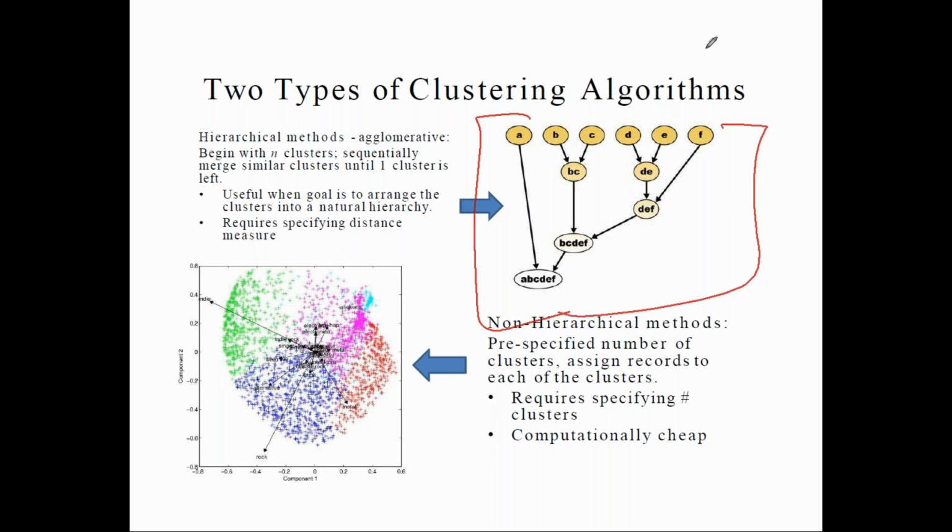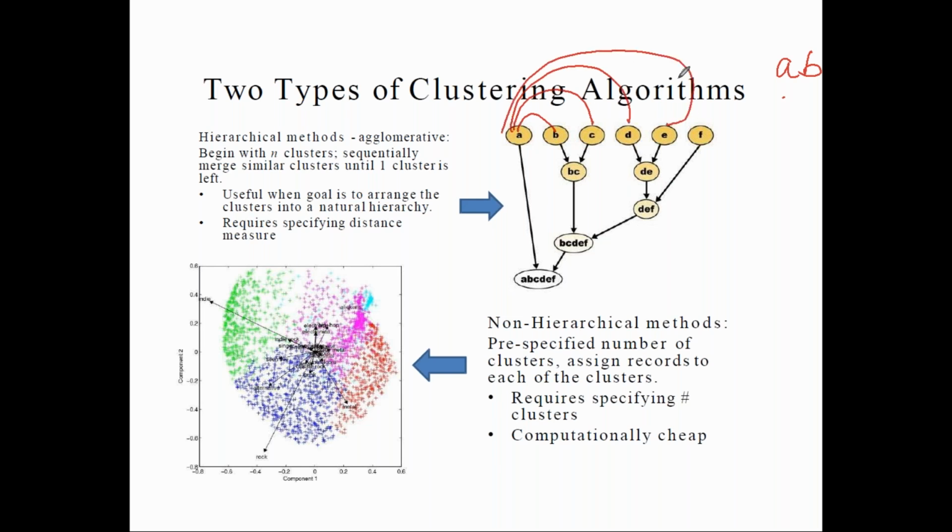So what we have to do here is try to understand how this has been formed. See, these are your individual records, A, B, C, D, E, F. We'll try to calculate the distance between AB, AC, AD, AE, and AF. Not only this, you need to calculate between BC, BD, BE, BF, and CD, CE, CF, DE, and DF. Once you calculate the distance between all the pairs, whichever has the minimum distance should be formed as one cluster.